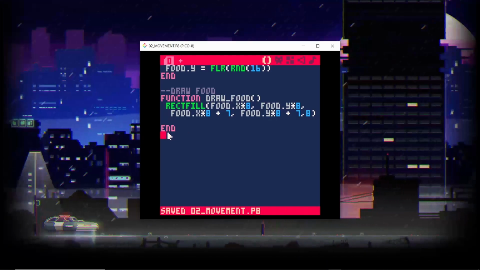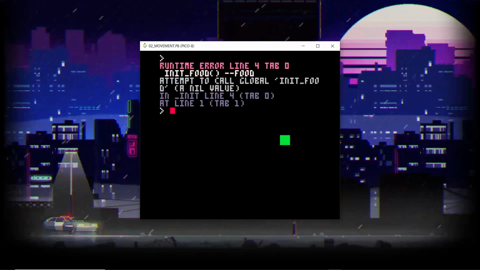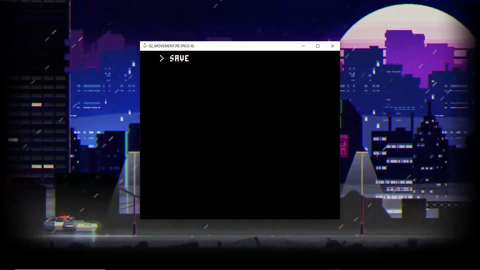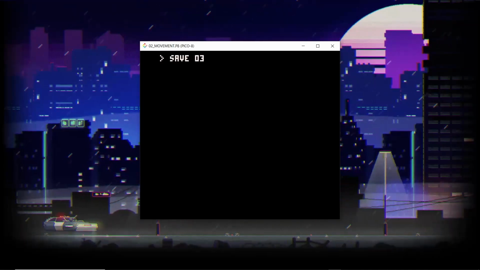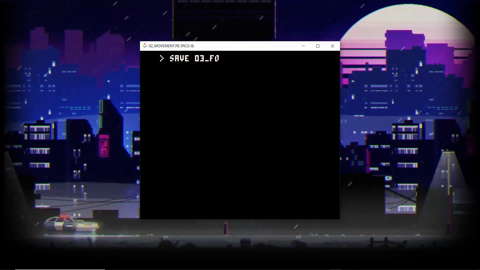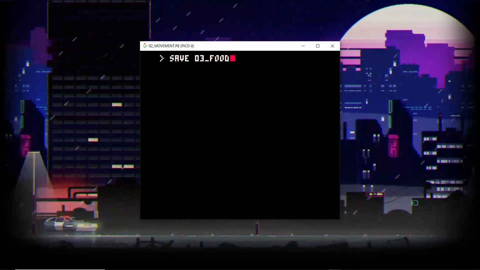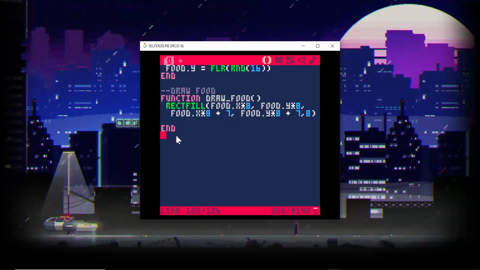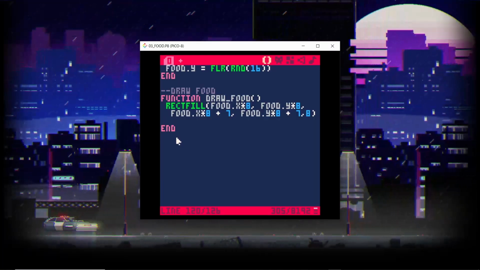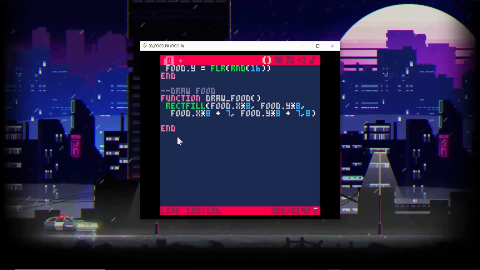So let's go ahead and save this. And I should save this as, so I'll just go over here, clear the screen, and I'll save that as 03 underscore food. Yeah, I think that's good, I should have done that first. So I've actually overridden our second option here. So now we've drawn our food. Let's go ahead